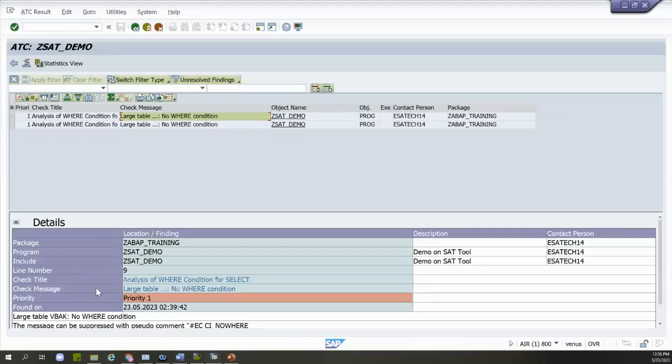Okay, and sometimes when you are using loop inside loop, they will also hint you to use, instead of work area, you should use field symbols. So all these settings and the variants will be configured by your managers in the implementation project, and you have to run this ATC check. Okay,